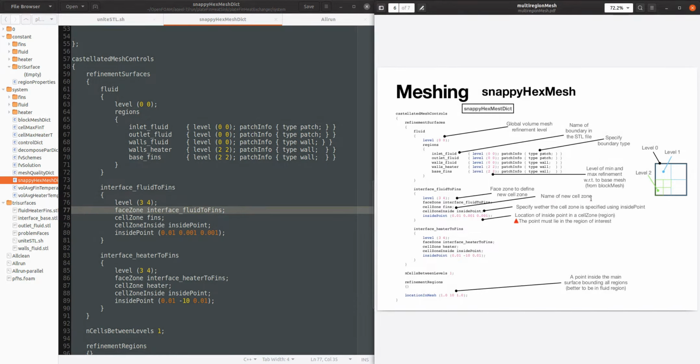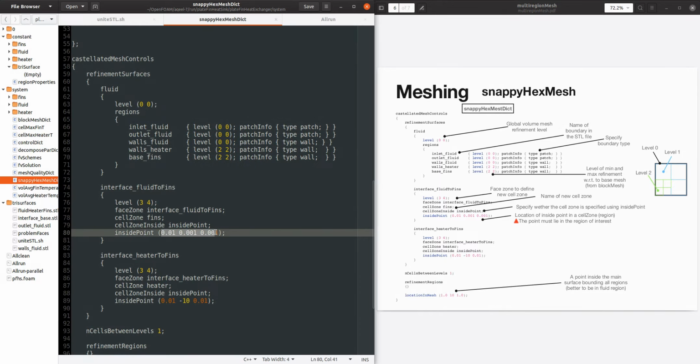In this case, for example, the name of the cell zone is fins, and we want to specify whether this cell zone lies inside or outside of this zone, and then we need to specify a point inside the cell zone. So this point should be inside the fins region.